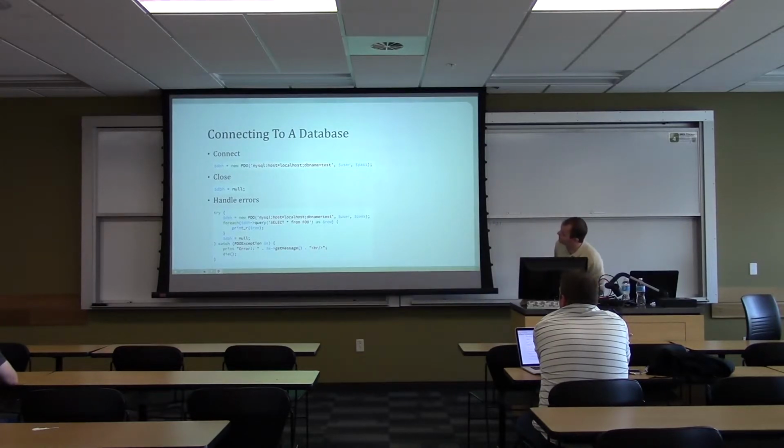So let me make sure you can see that. Those are images I wanted to get some kind of good ones. So look at that very top one where you connect. It's as simple as saying, hey, my database handler, which is the $dbh, equals new PDO. And then inside there, you're going to have three parameters. That first parameter is what's called a data source name. And it's just a string that's composed itself of three things. The very first thing right before that,